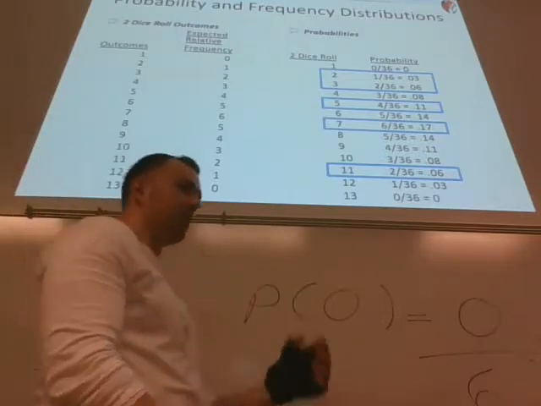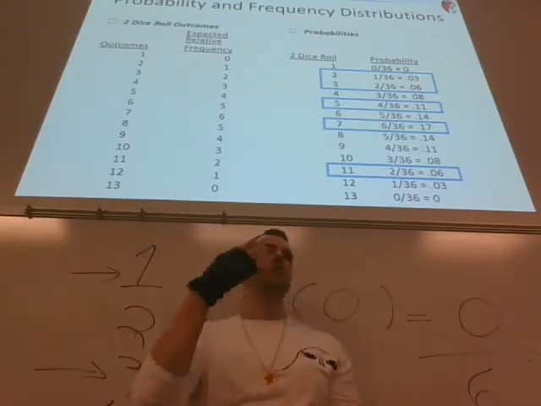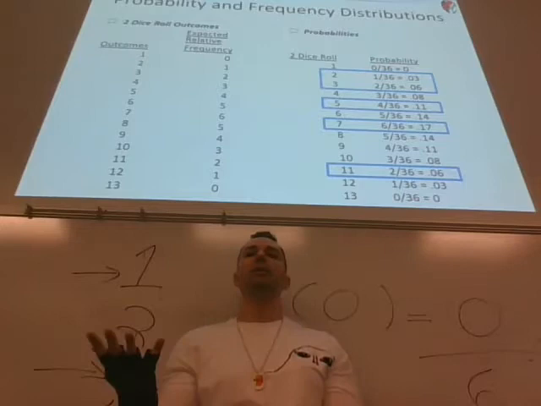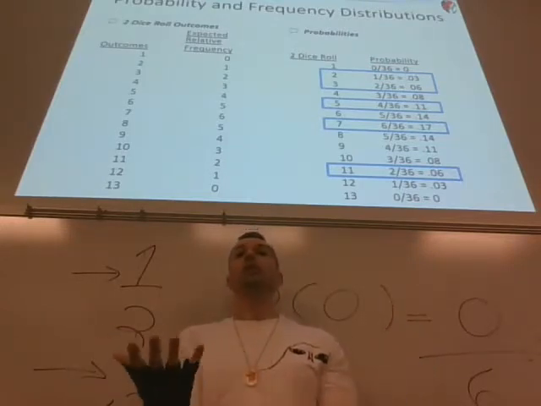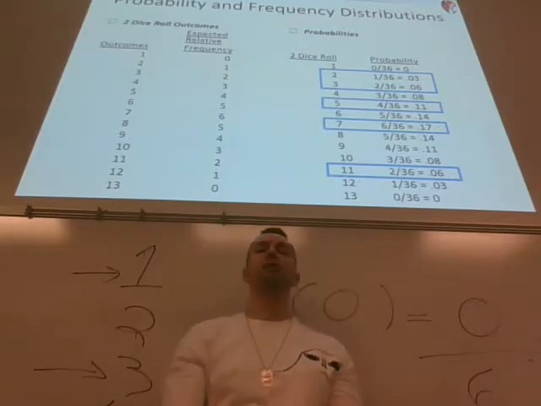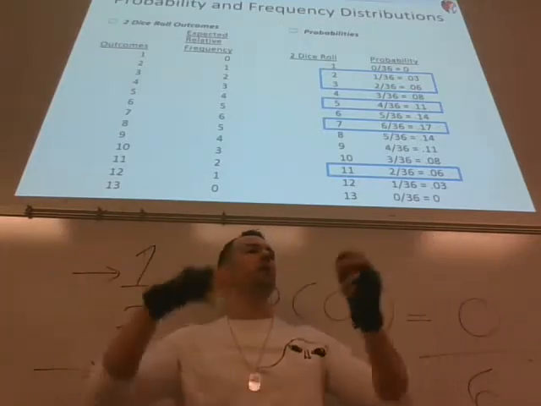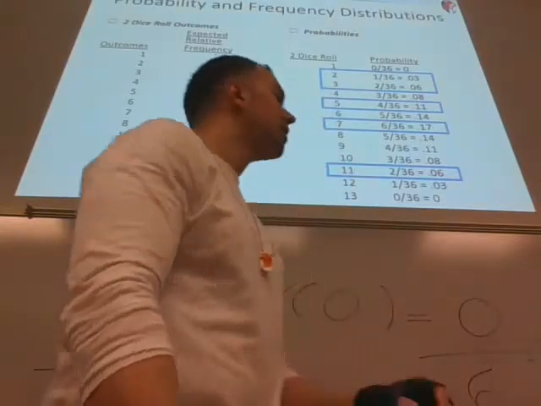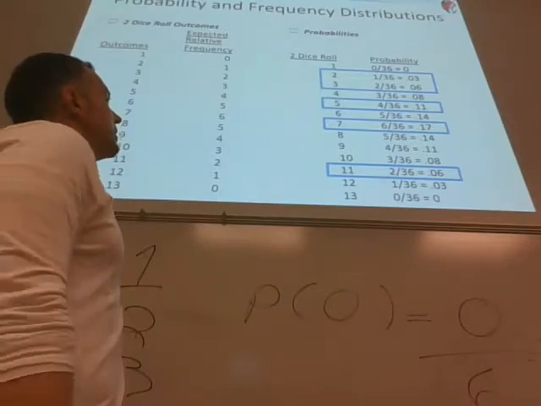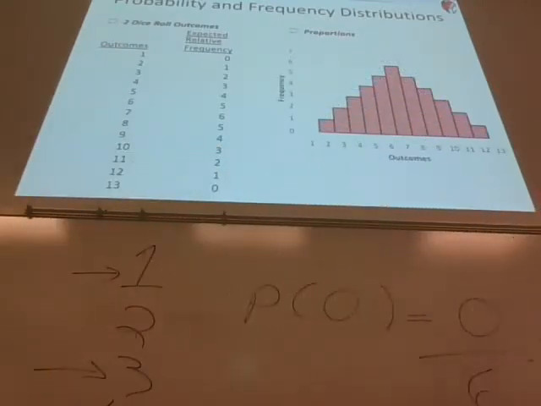But what do you do when you have to roll either a 2 or a 3 or a 5 or a 7 or an 11? Do you add them up? Do you multiply? Do you take the average? Do you take the variance? Do you do something else with these numbers? How do you make sense of these numbers to figure out the probability of rolling a prime number? Well, mathematically, it can get confusing, but you change it into a frequency distribution, and you say to